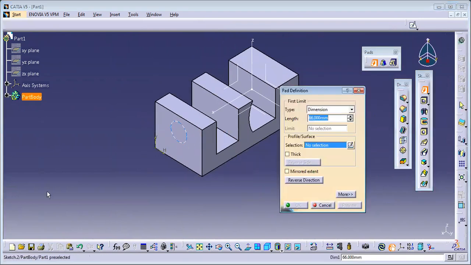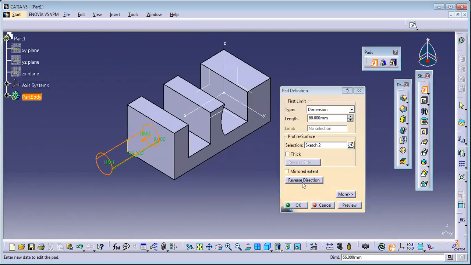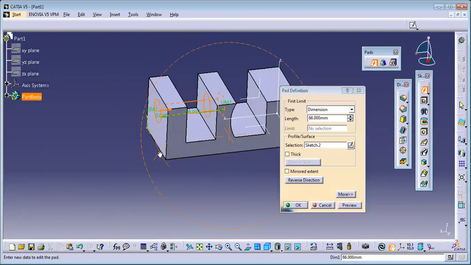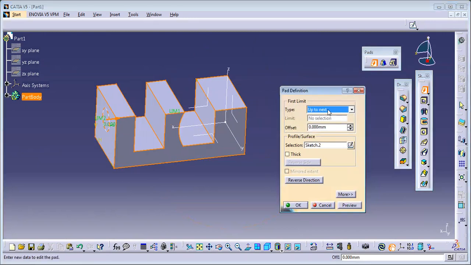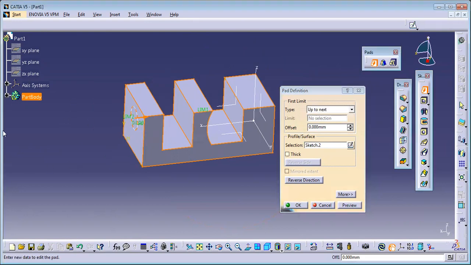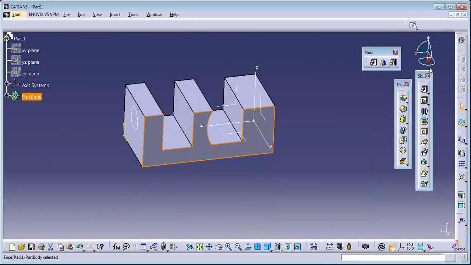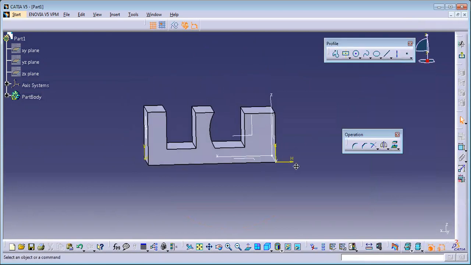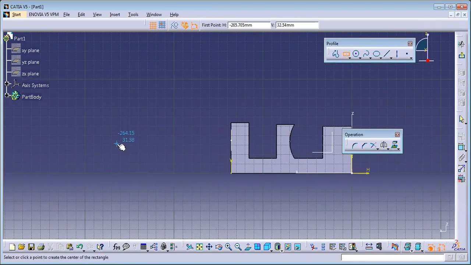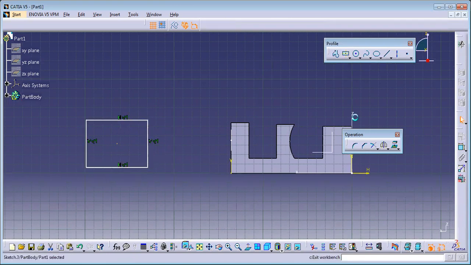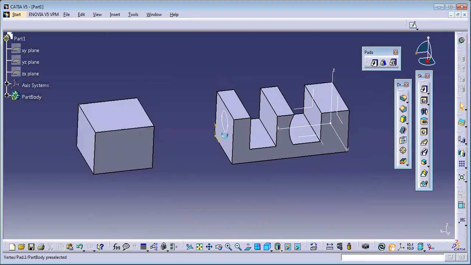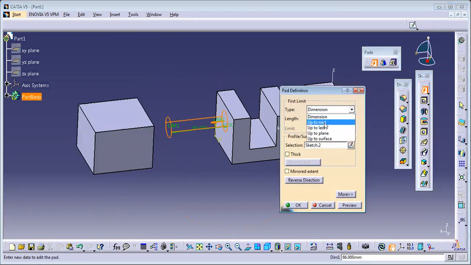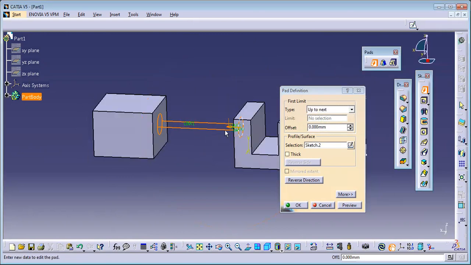So see, now the material is being added in this direction. In this case, we just click on this reverse direction. So instead of dimensions, now I'll say up to next. See, this up to next is used if you have a different body here. For example, wait, I'll show you. I'll sketch on this plane and create a next body somewhere here, and I'll add the material in reverse direction. See, now if I go with this pad and up to next, directly it will make a connection between two entities. Got my point?